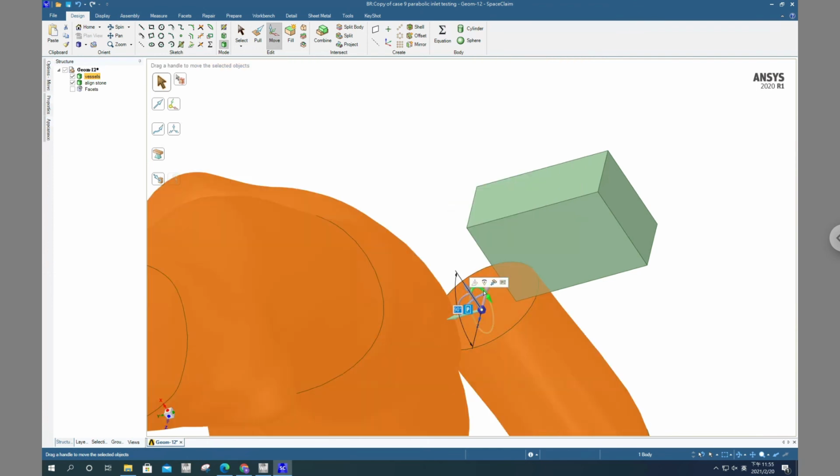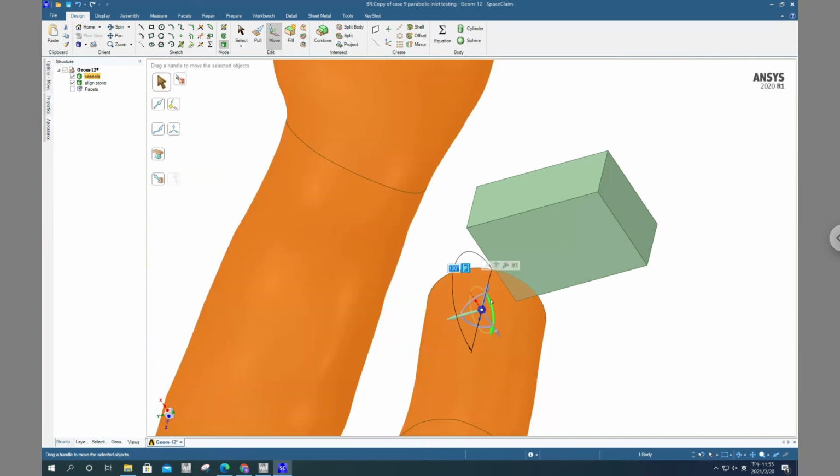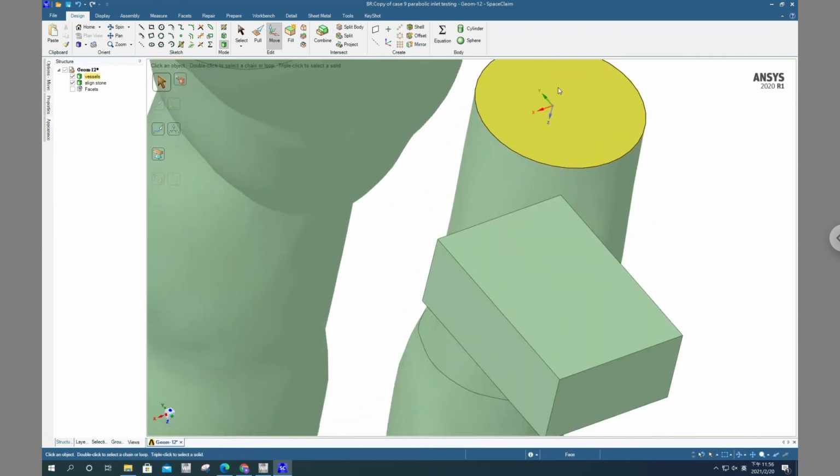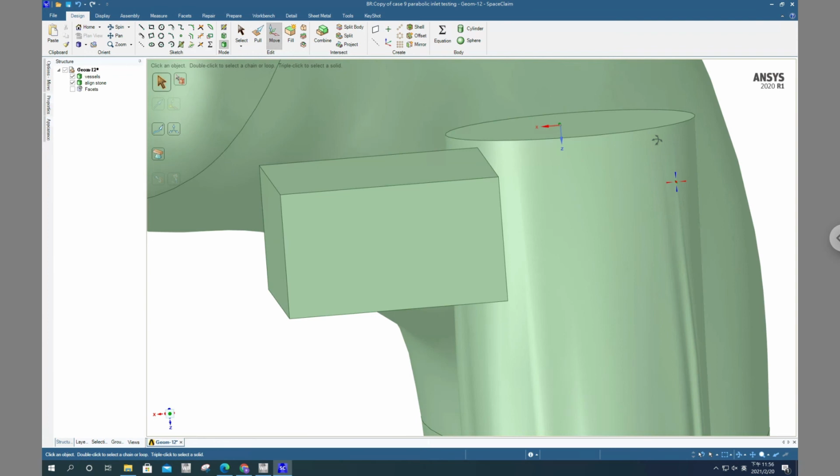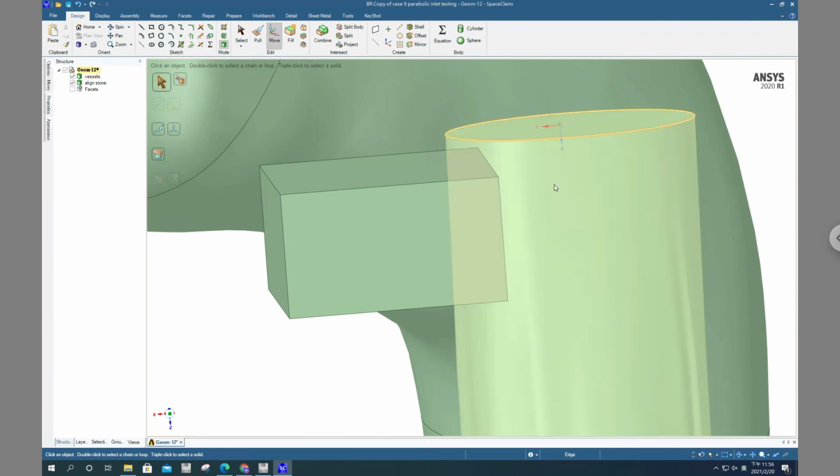After two clicks, you can rotate your object 90 degrees. After four clicks, you can rotate your object 180 degrees. So in this case, I've rotated 180 degrees, and the positive z direction is now facing the inlet face of